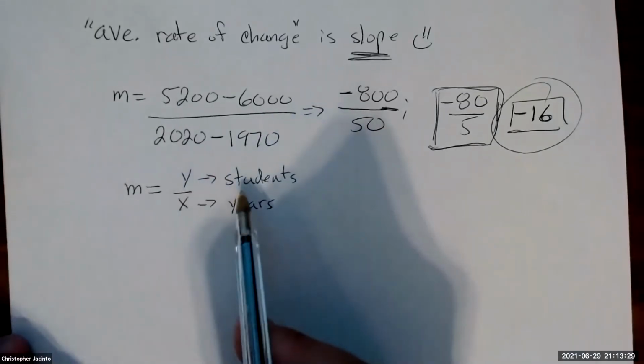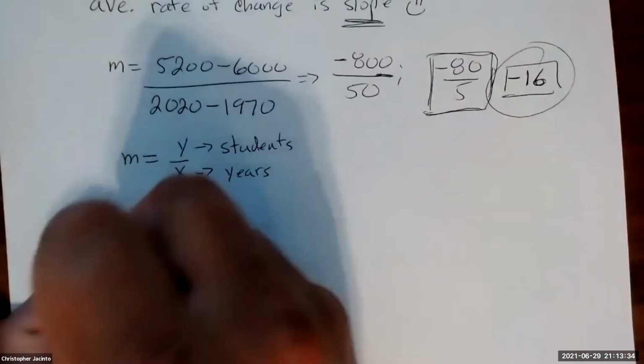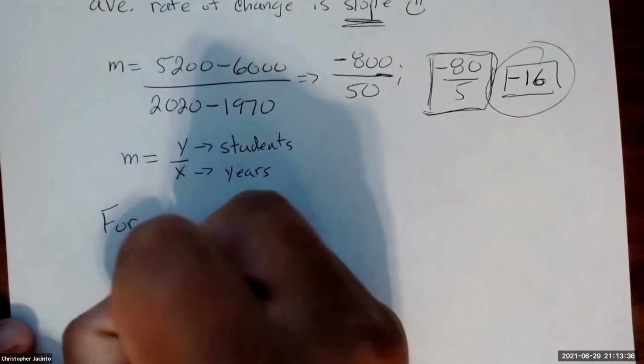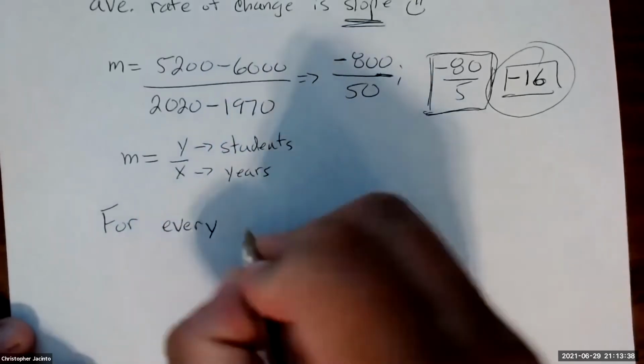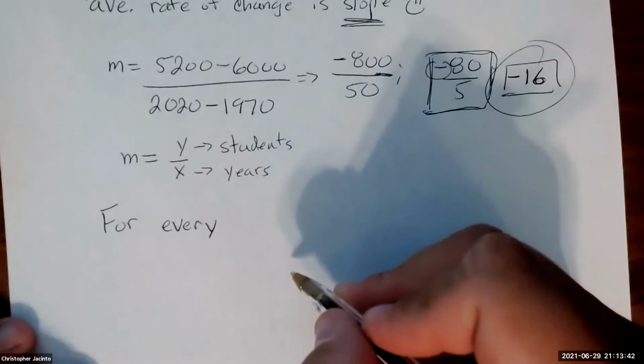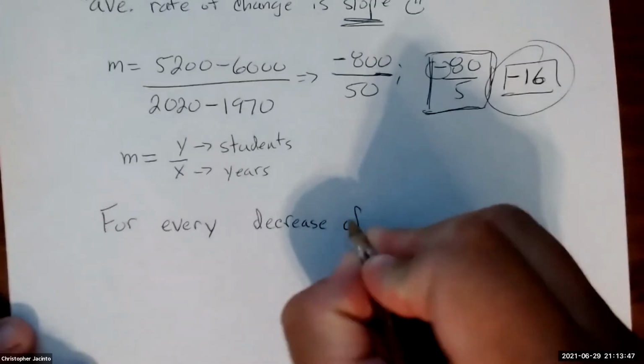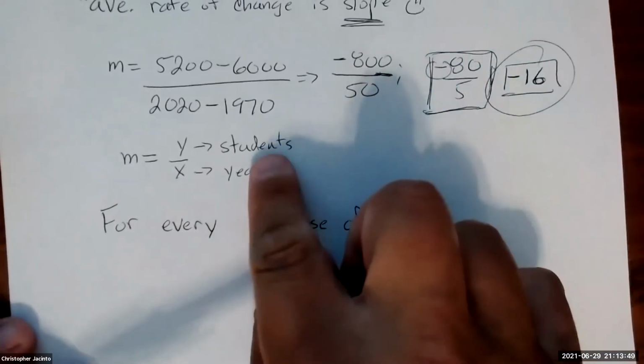So we know y are students and x's are years. What this is saying is, for every decrease, so minus means going down, for every decrease of 80 students,